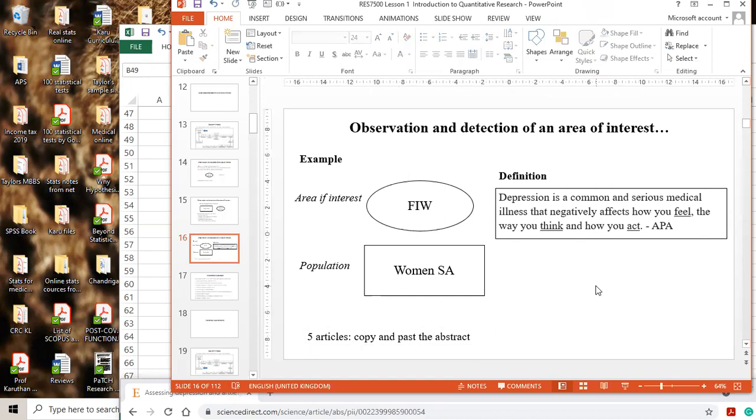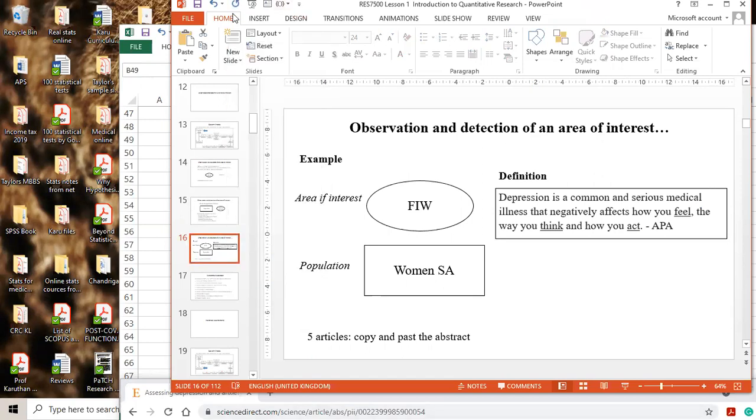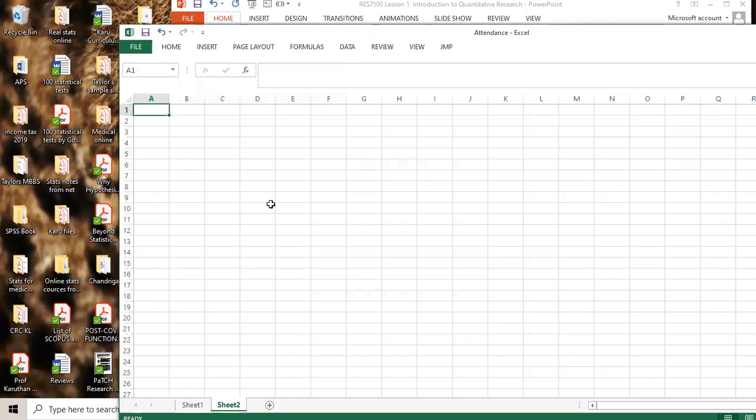Are we clear? Class, are we clear? Yes, Prof. Right. So yours will look something like this. Let's say I'm doing the homework in a Word file. I have it here.